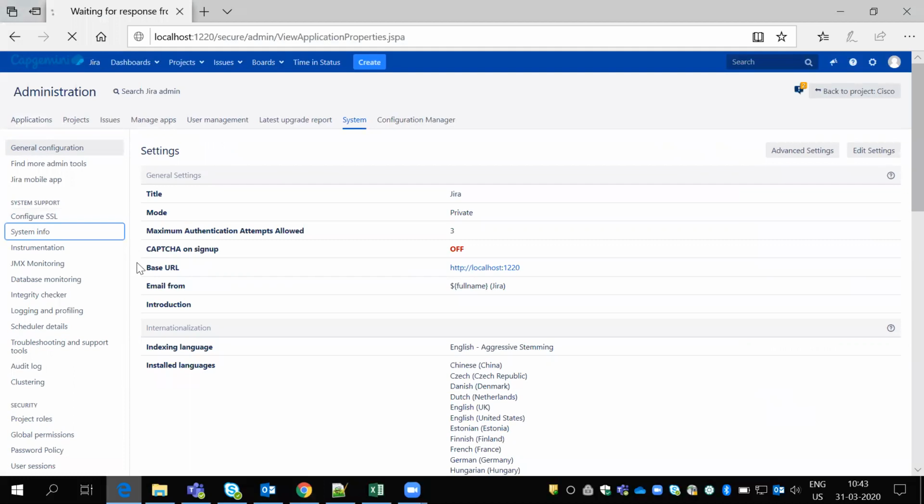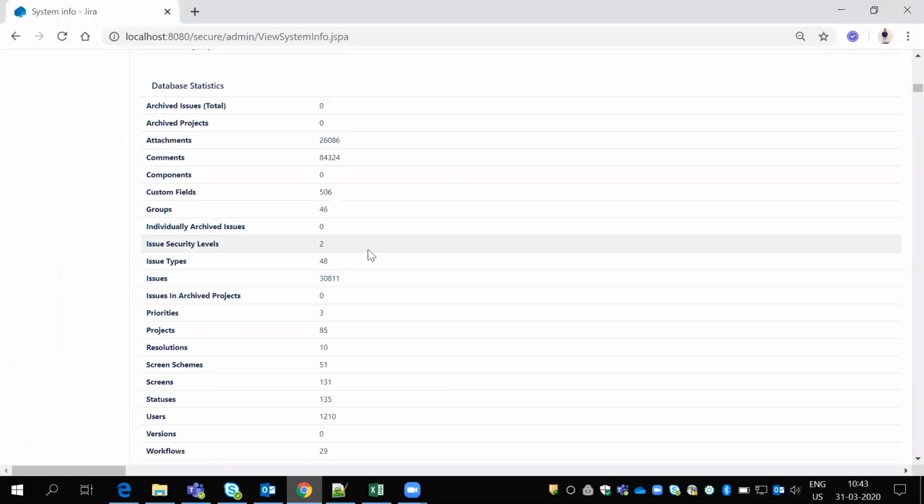Okay, the system info. What happens in 8080, sir? This is my project, the issues are there, right? It is a copy only, right?